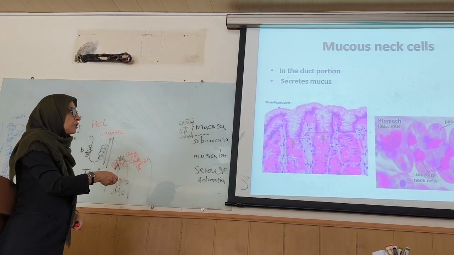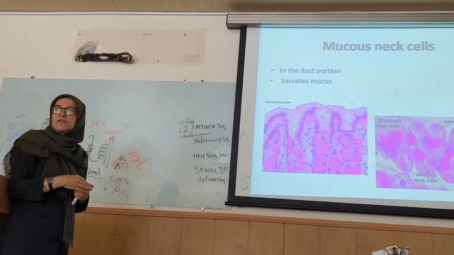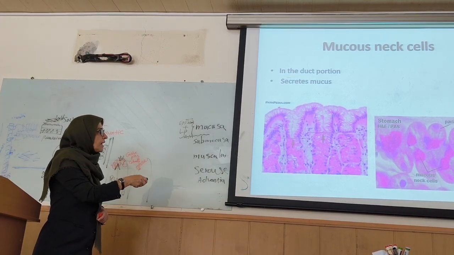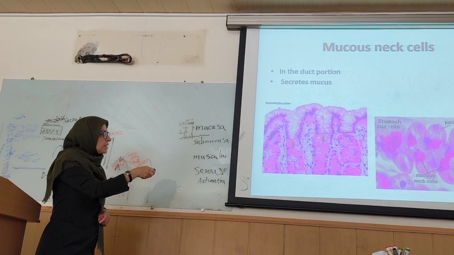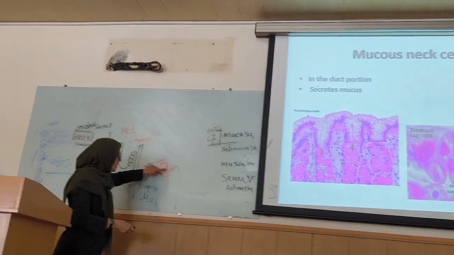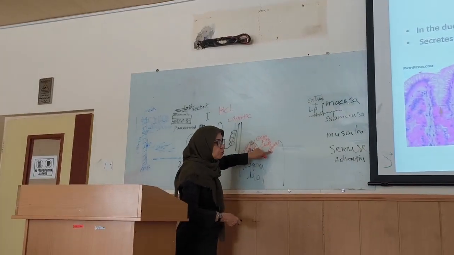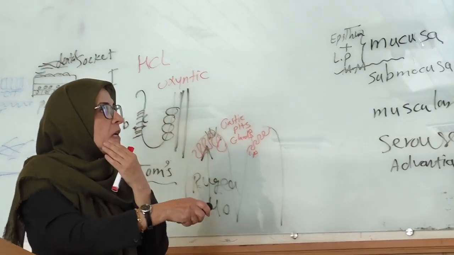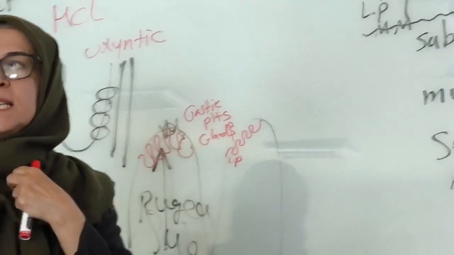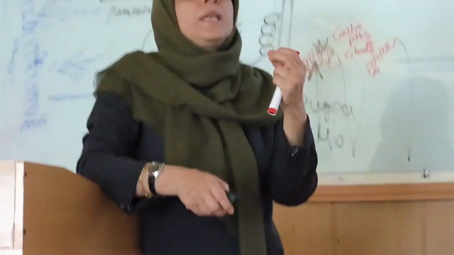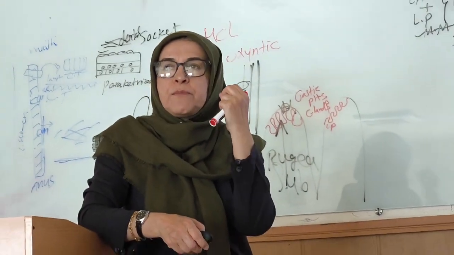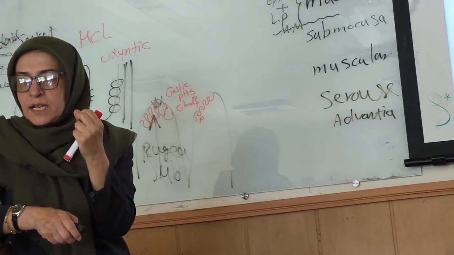Mucus cells are mostly located in the outer part of the pits or glands. Yes, these are the pits, the invagination of the epithelial tissue into the lamina propria. You know the mucus cells. They produce mucus because of the preparation of the slides for